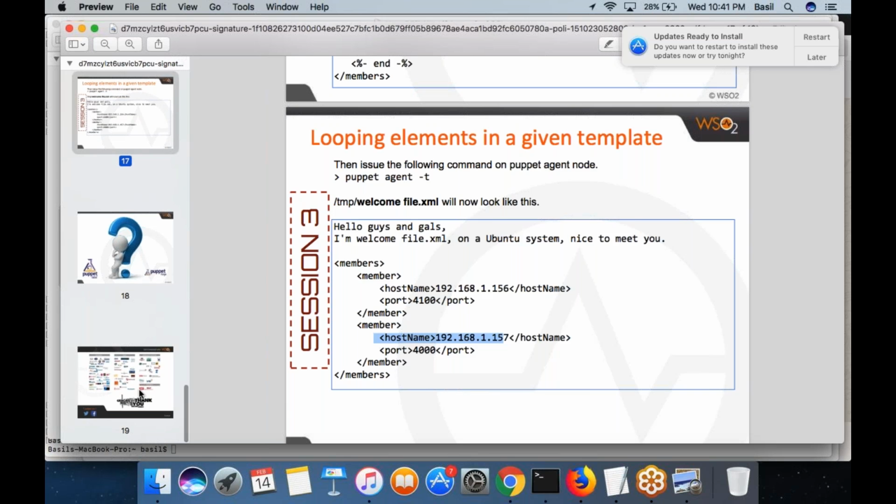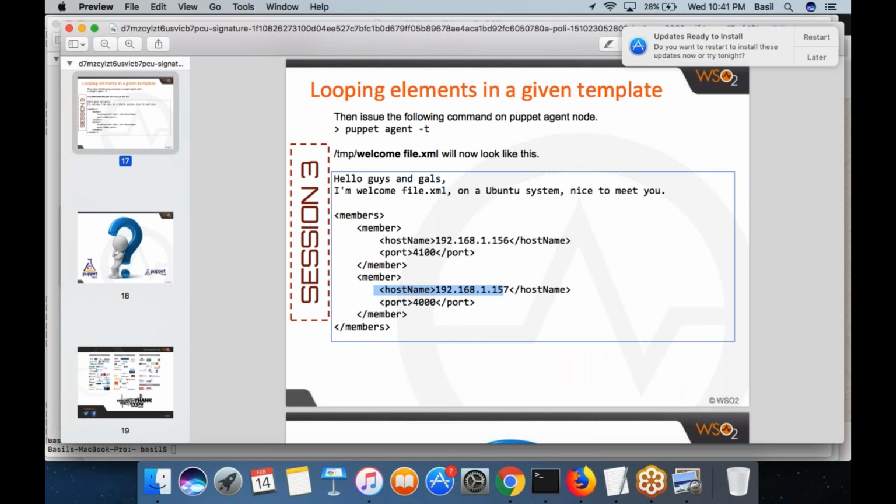So these are the different options that you can